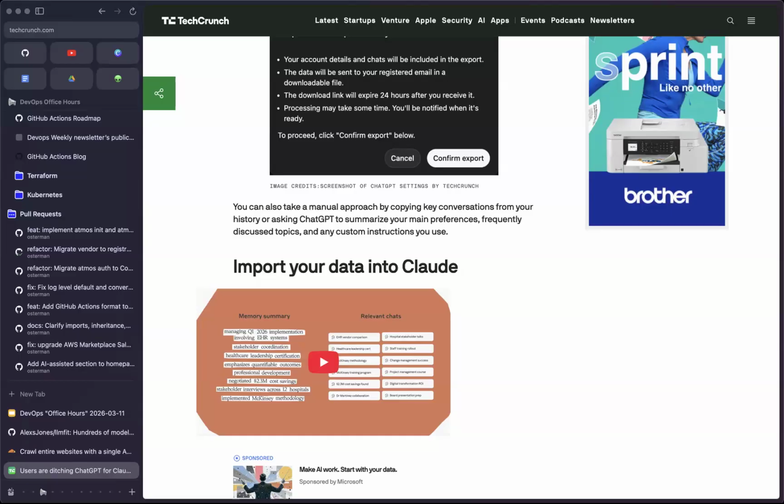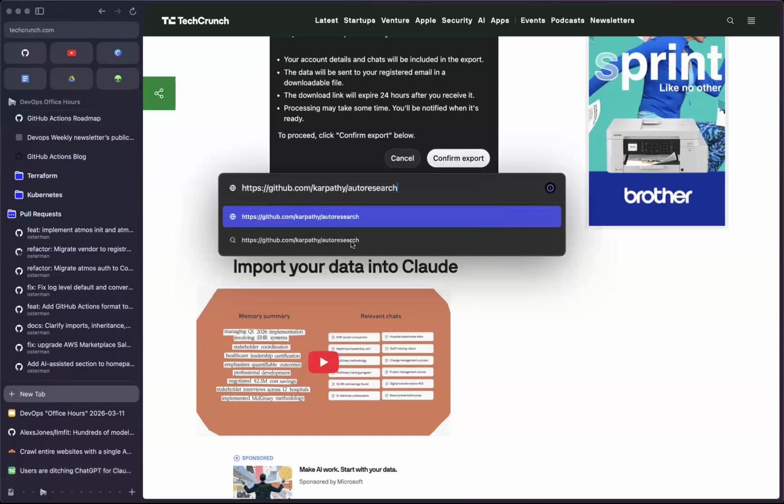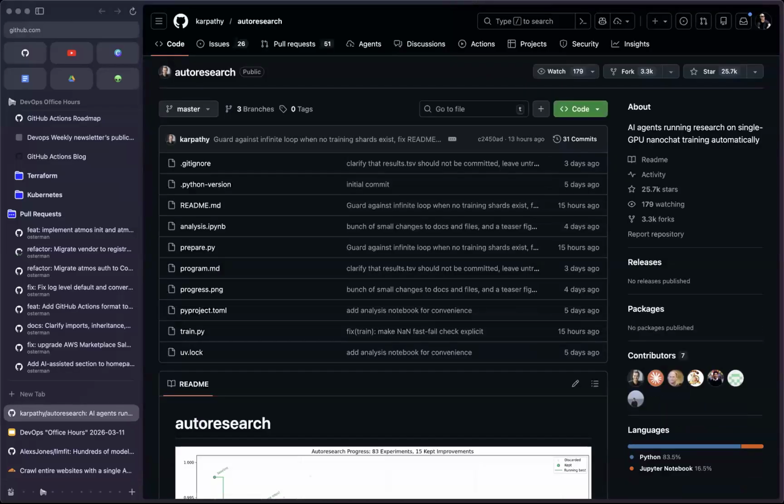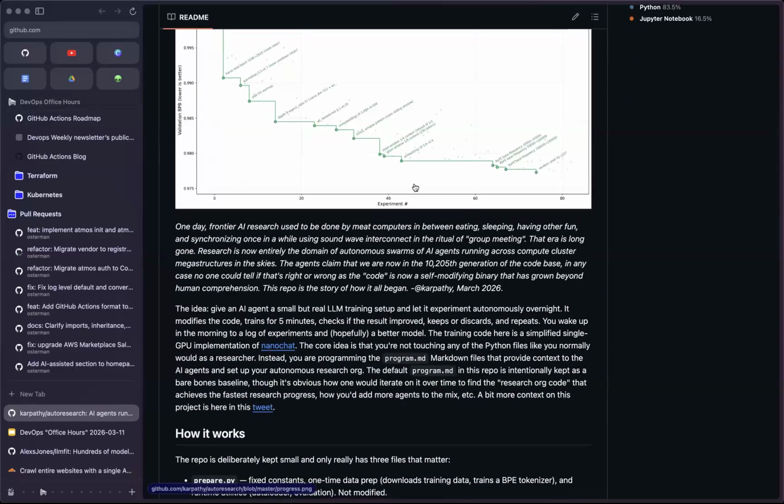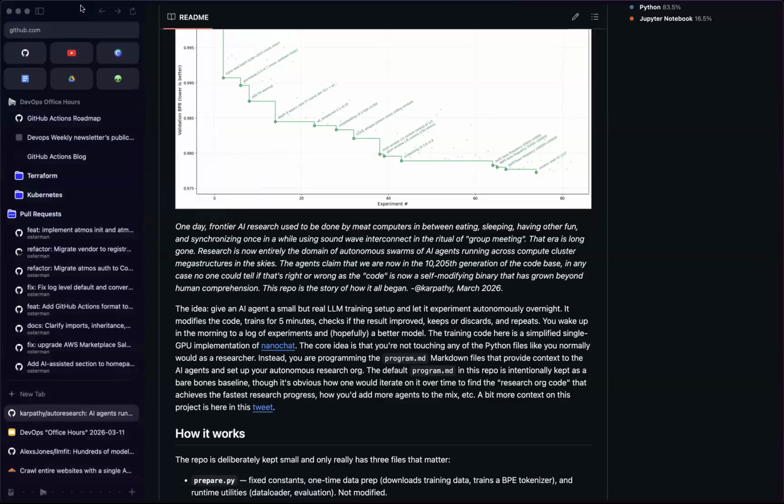Oh, Ben, you shared a tool I didn't see here. What is this? Auto research. Yeah, this was something that came up on my news feed and a little bit of research into it. It looks like it's using your Claude or ChatGPT subscription to sort of train your own model that's hosted on a single GPU. And this seemed kind of relevant to one of the previous conversations we were having here, if you're hosting your own model on your graphics card of whatever size, this is supposed to be something that you run while you sleep.